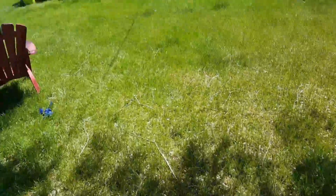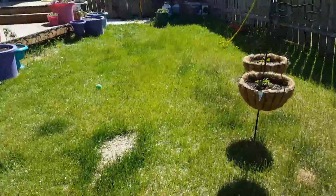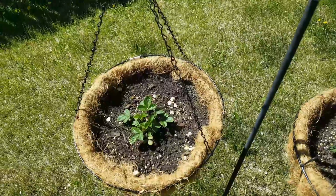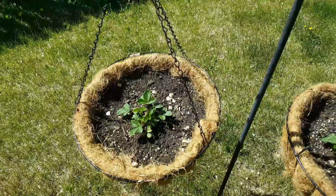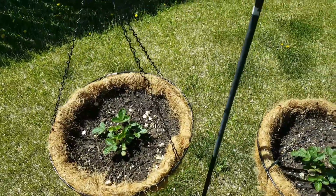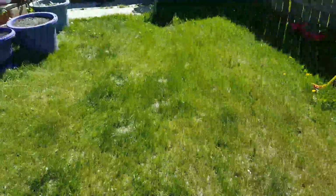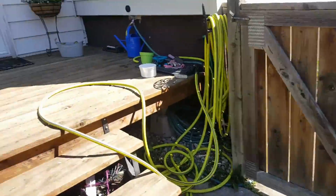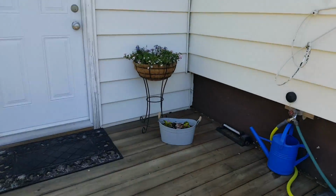We also have some strawberries over here in hanging baskets. It has been so windy here that our elm tree is self-pruning. These are our strawberries. I can't remember what variety they are. They're an alpine variety, so they produce small strawberries, but they will produce all year round, I guess. You can even bring them in your house, I guess. But whatever. I got them for I think $2.50 at the dollar store. And then we have all of our little